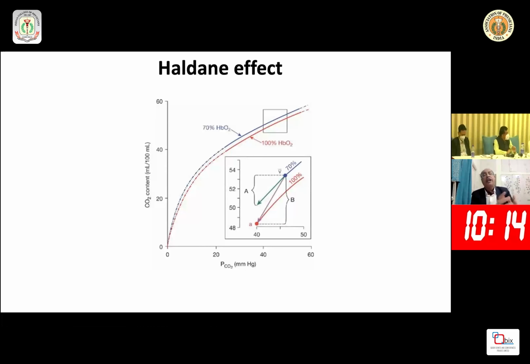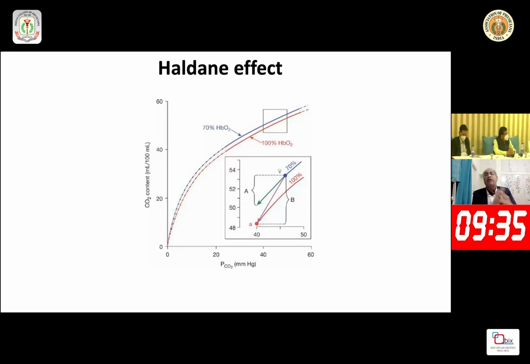Opposite of it is the Haldane effect, which takes place in the lungs. At this point of time, carbon dioxide is released, and carbon dioxide transport occurs as carbaminohemoglobin. You will see there is a difference, what is called the veno-alveolar carbon dioxide gradient. As the blood passes through the capillaries, the higher content of carbon dioxide tries to move out, facilitating the rapid uptake of oxygen. And that's how oxygenation takes place. So it is very important for us to understand these basic physiological effects.